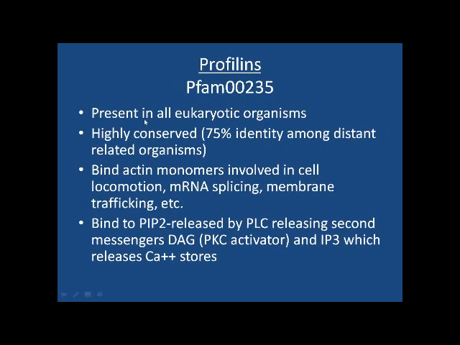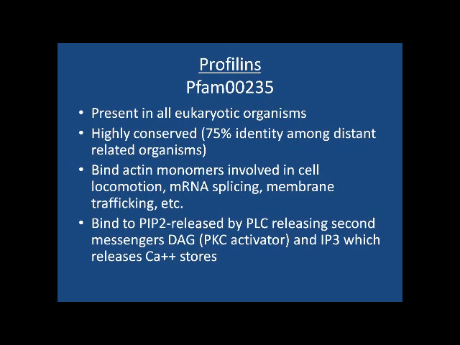They're present in all eukaryotic organisms. They're very highly conserved, almost 75% identity among distantly related organisms. And profilins bind actin monomers and keep them from polymerizing. And so they're involved in cell locomotion, even in mRNA splicing and membrane trafficking. And they're really kind of important little proteins because they bind to